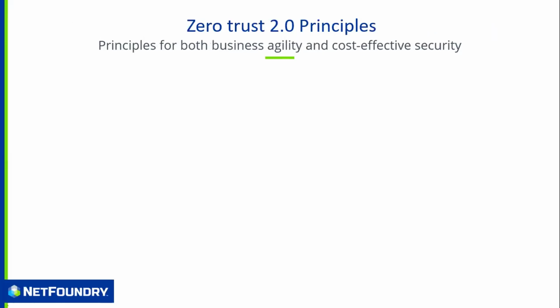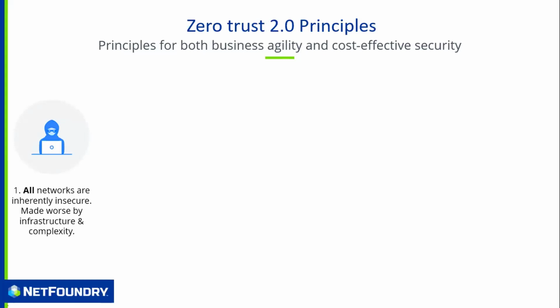And the way in which we see this is zero trust. Zero trust has become the trendy term. Even Biden talks about it, but it's also been co-opted, and everyone slaps a zero trust label onto everything to the point that it doesn't really carry its original meaning, or it doesn't go far enough as to the principles of how we stop ransomware and other types of attacks. So in NetFoundry, we have these zero trust 2.0 principles, or it's kind of like zero trust if you take it to first principles. And the first part is that all networks are inherently insecure.